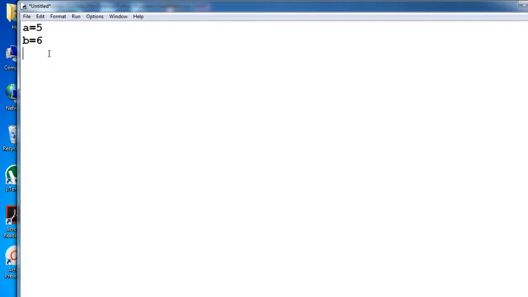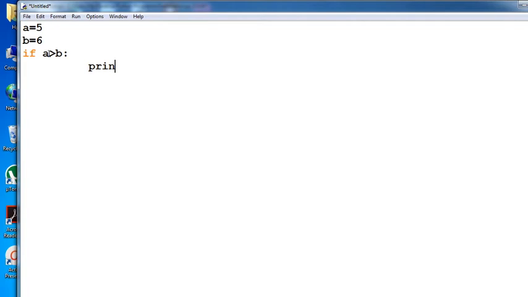Now give the comparison: if a greater than b, okay, then if I press Enter, your cursor jumps directly to here. That means you need to type your message here.